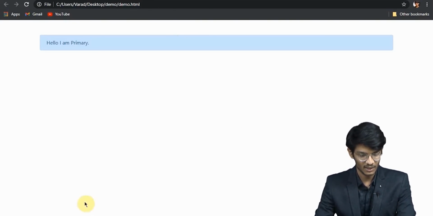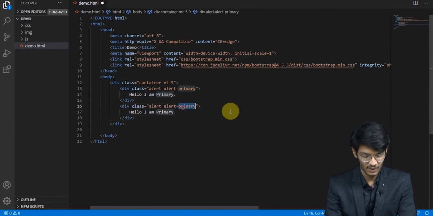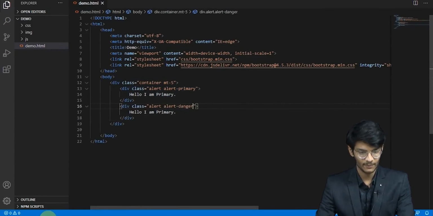Let's try another one. I'll copy this and I'll change primary to danger. Now let's see.